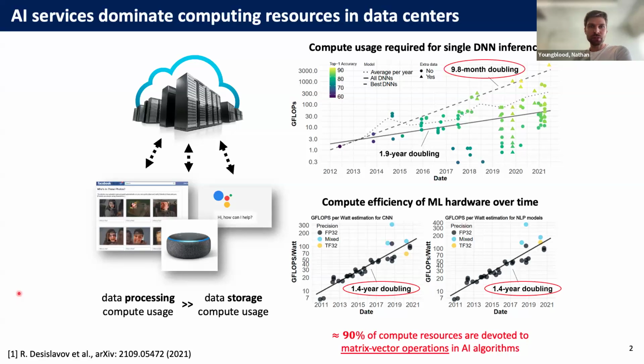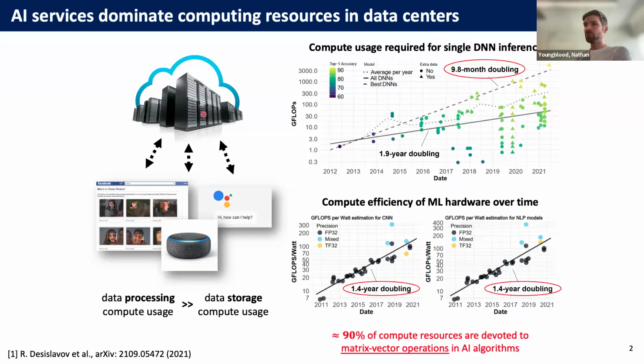So the motivation, I'm sure we're all aware, is that AI is consuming a lot of computing resources, and that is growing pretty much exponentially as time goes on. So this is not for training. Training is much worse, but for inference, which is the main application for these emerging analog hardware accelerators. Inference is really key, because once you train your network, you have to run it many times. And in fact, the way that we see charging in terms of API keys for large language models and such is dependent on how much compute resources you use, and that is directly related to the economics of running those